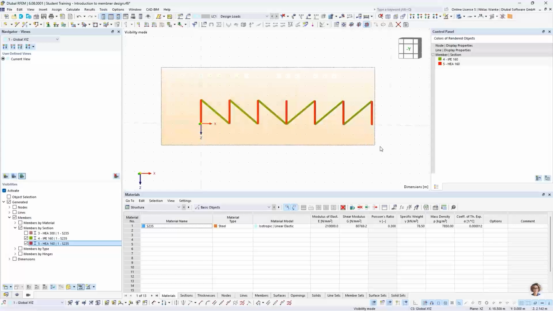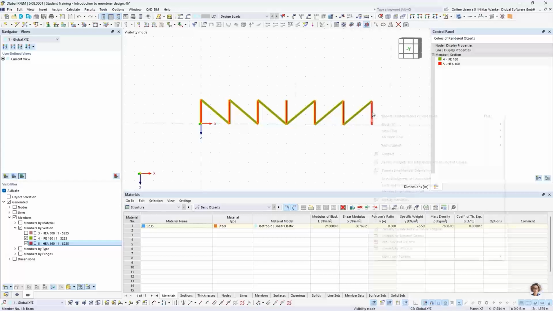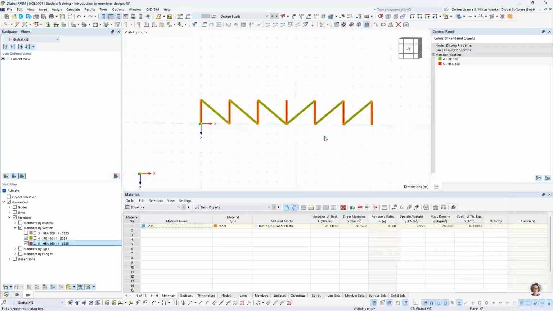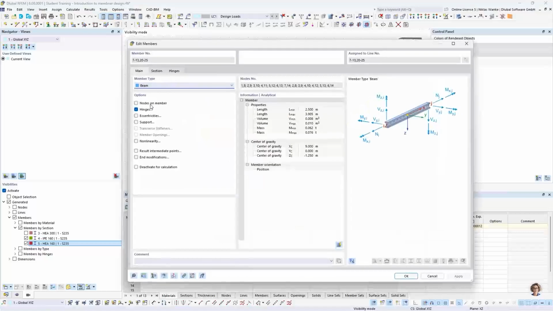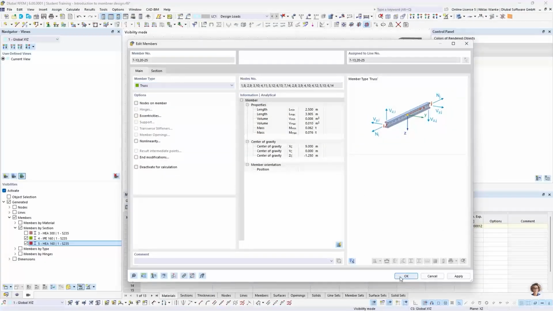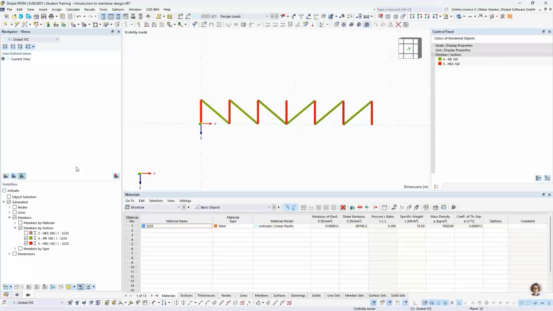And now we can simply select everything we see. And therefore we have selected all diagonals and posts and can edit them to the member type truss. Okay,